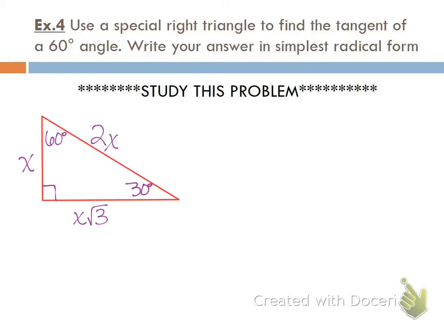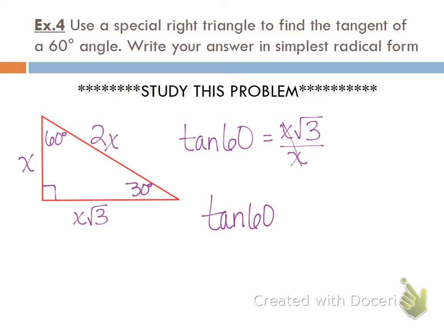Okay. So if we are trying to find the tangent of a 60-degree angle, we can use this triangle. Tangent of 60 is equal to what over what? Very good. The side opposite my 60-degree angle is x root 3. The side adjacent to my 60-degree angle is x. What will simplify here? The x's. What happens to them? They cancel out. X divided by x would just be 1. So the tangent of 60 degrees is equal to